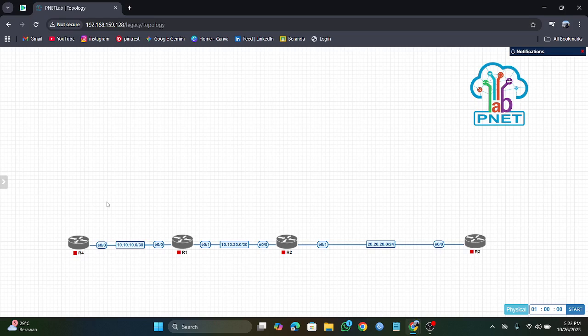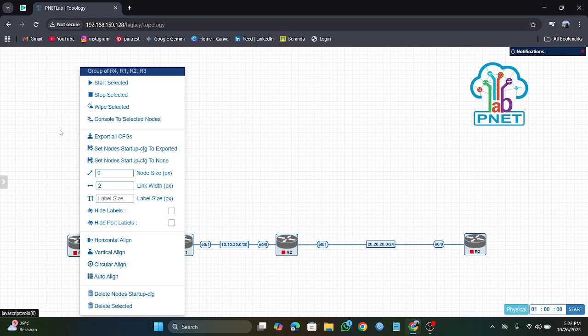You make this topology, and you block this, and you right-click and start.